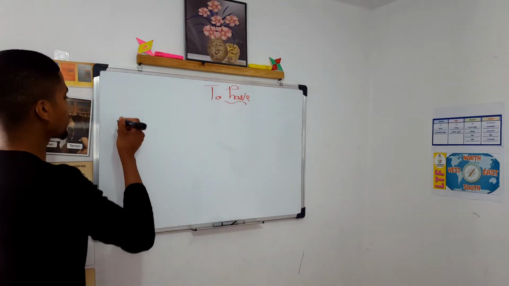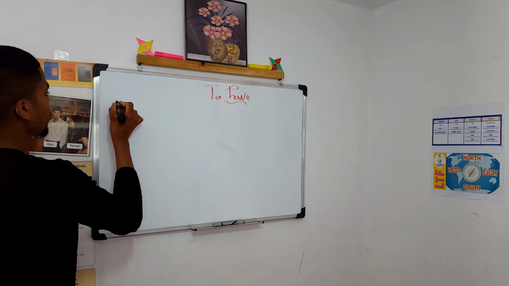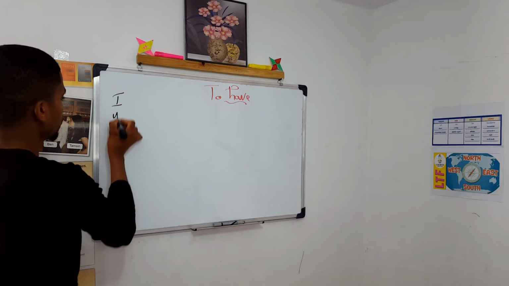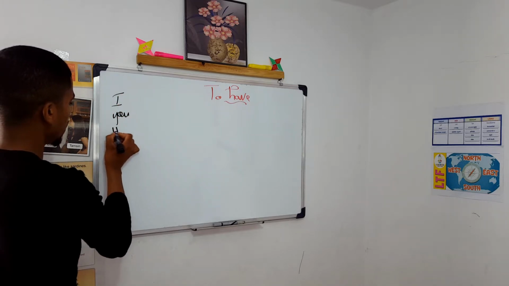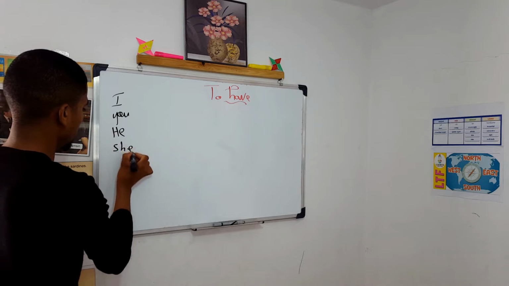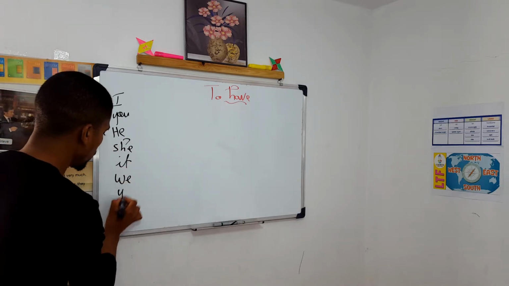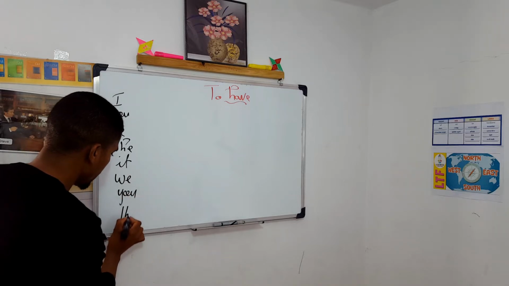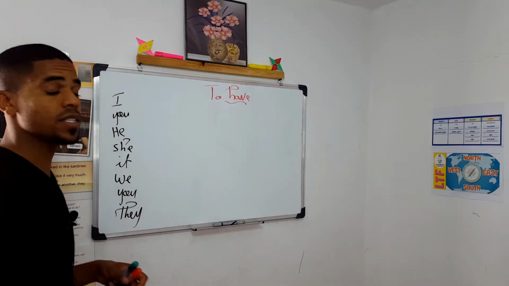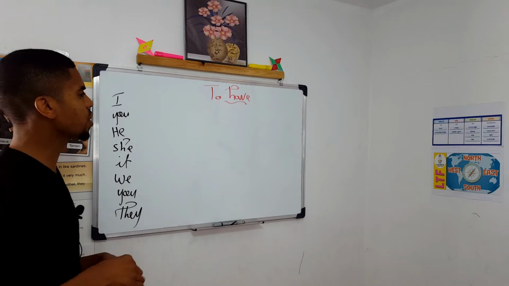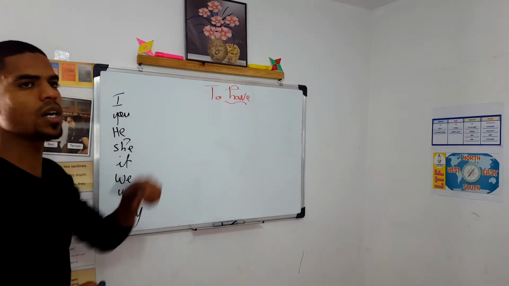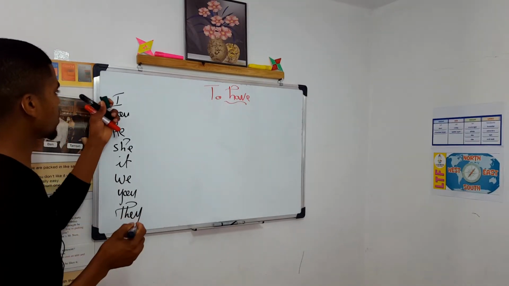Let's start with subject pronouns. We say, for example, I, you, he, she, it. These are subject pronouns. We, you, and we have the last one, they. Okay, these are subject pronouns. If we want to conjugate this verb with all these subject pronouns, we say, for example, I